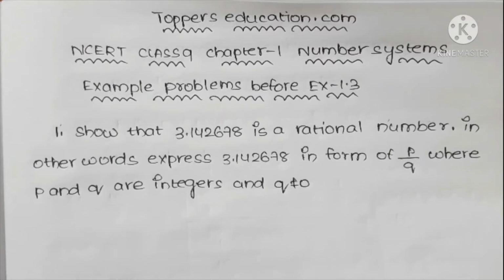In this video we are going to discuss NCERT class 9 chapter 1, that is number systems. And in this chapter we are going to discuss some example problems in exercise 1.3. In this exercise 1.3, let us solve some of the example problems. That is, first problem, show that